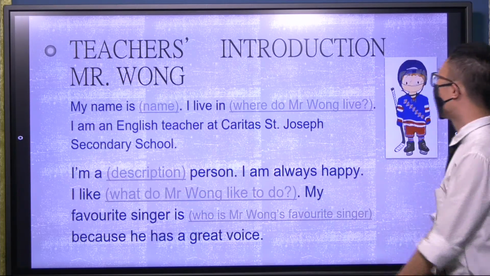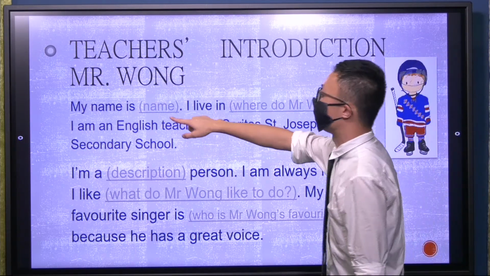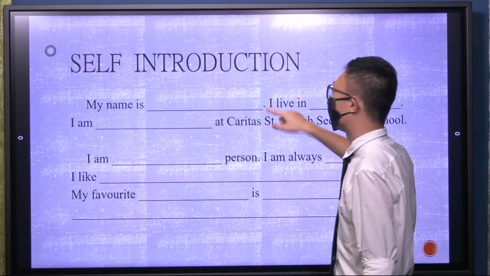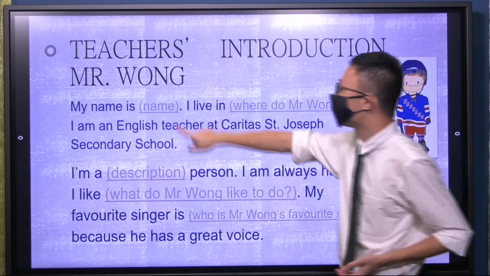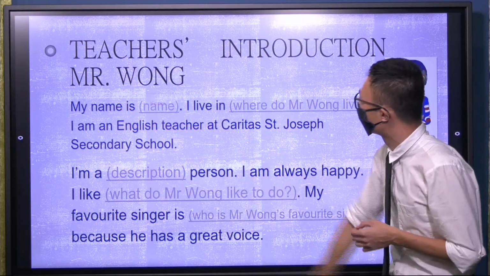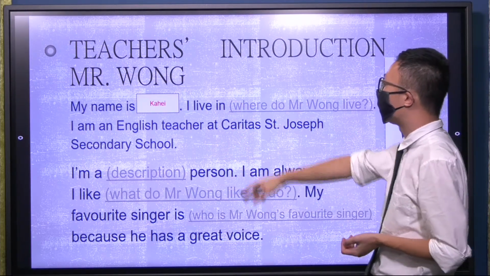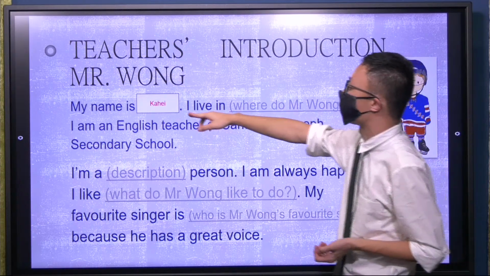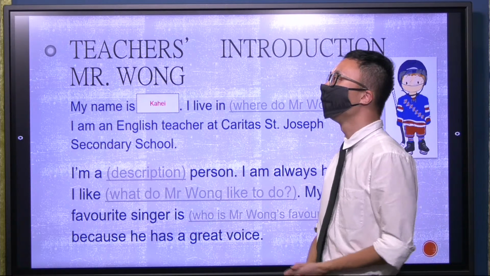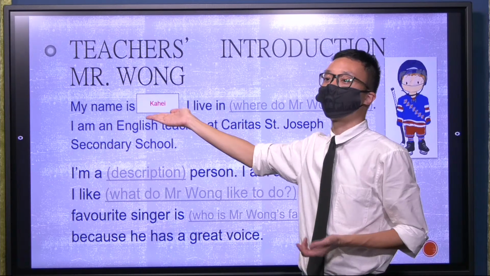Alright? So this is my introduction. Just pay attention. This is the exact same one. You see the longer underline here? It's the same thing here. My name is, I'm Kai. This is my real name, Kai Wong. So I write my name here. My name is Kai. Say that if your name is Josephine, my name is Josephine. Write your name here in the first blank.